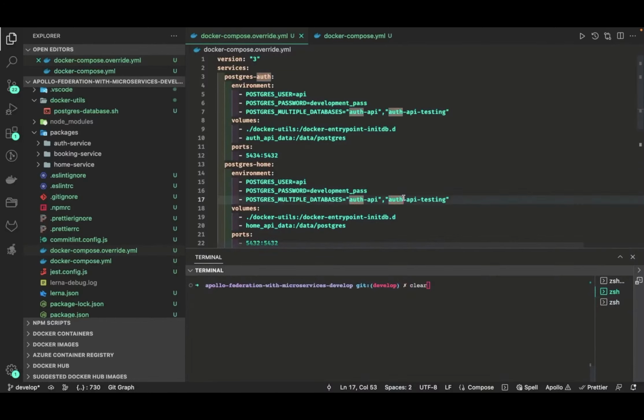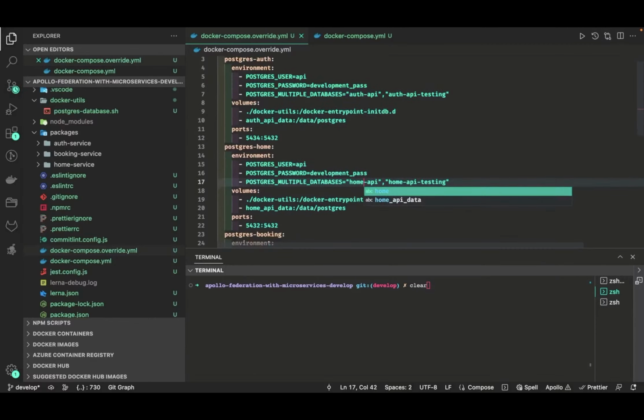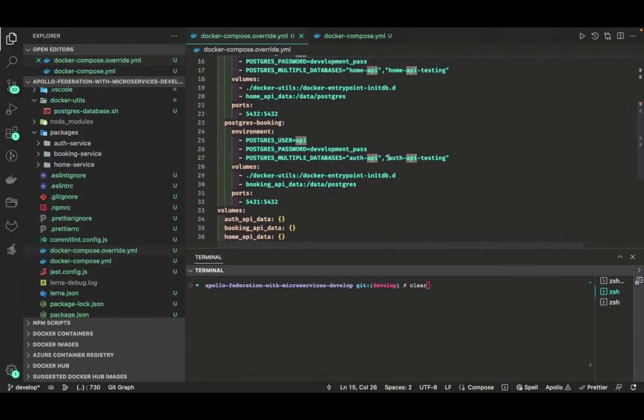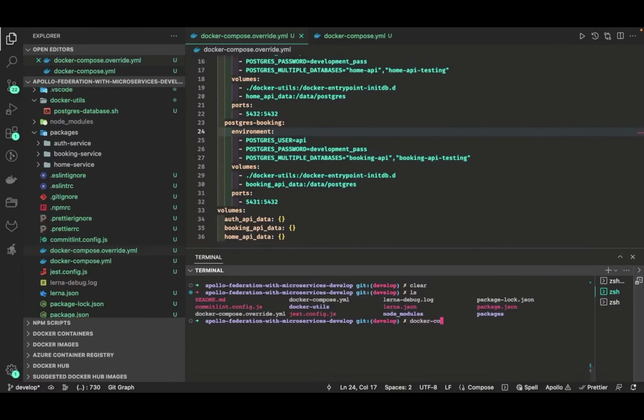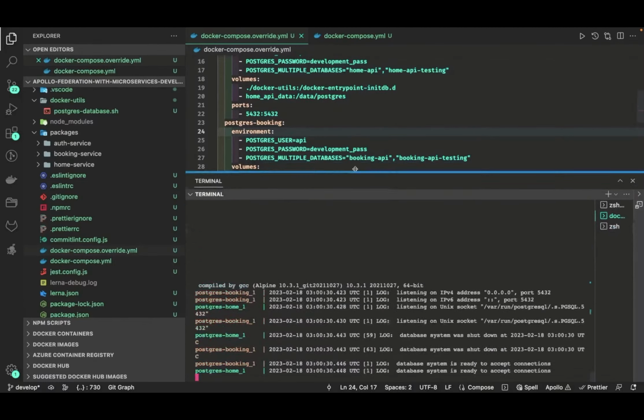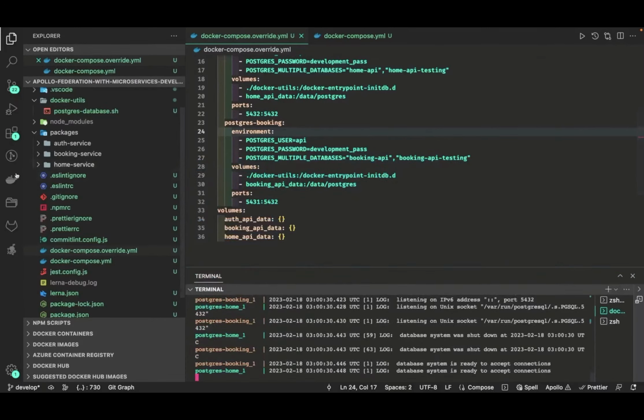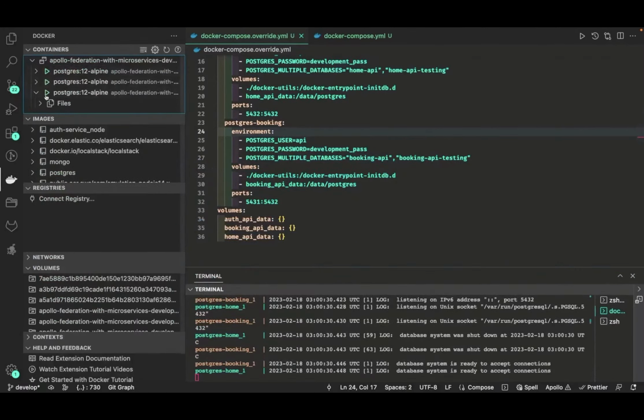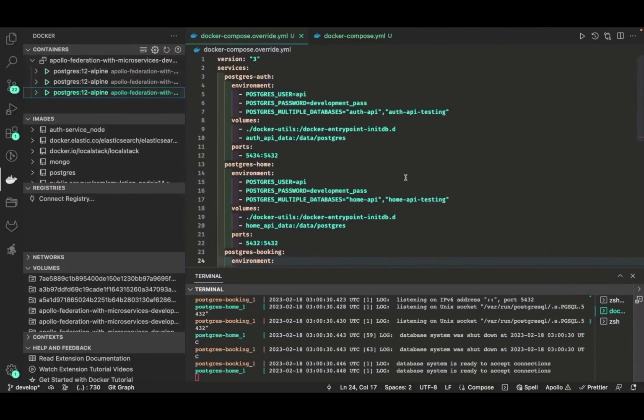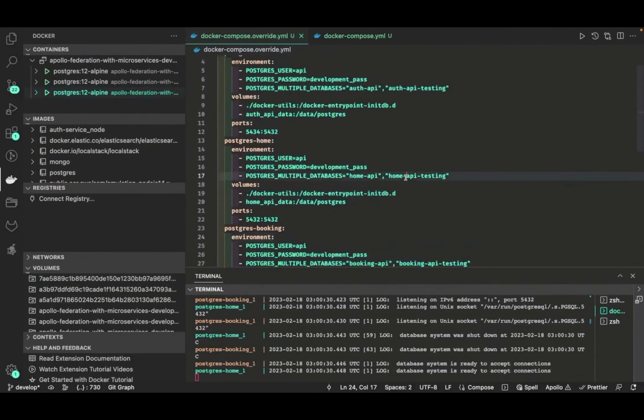So what it will do for me, it should create 6 databases, two databases per container, like auth API testing, home API testing, and the booking API testing, right? 2 databases on each container, and we'll do a Docker Compose up now. That should create all the containers, and yes, we got it. There are 3 containers running. We are good. Now the rest of the setup is creating the basic skeleton, because this is part 1